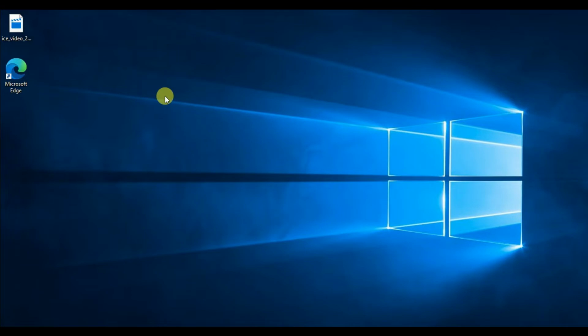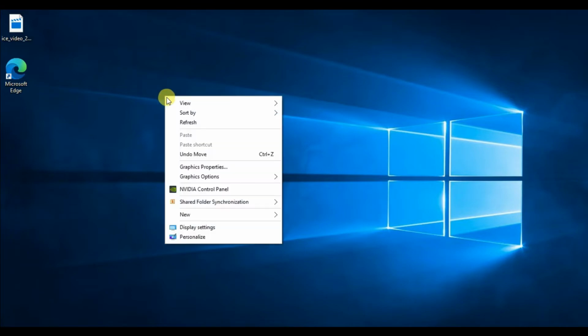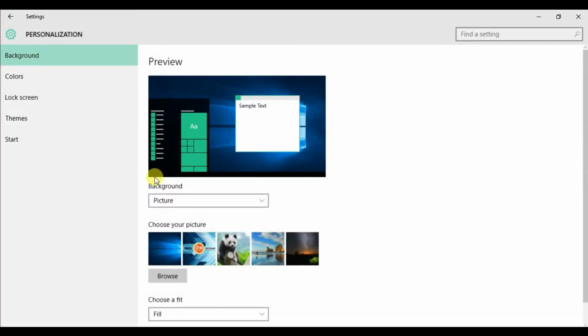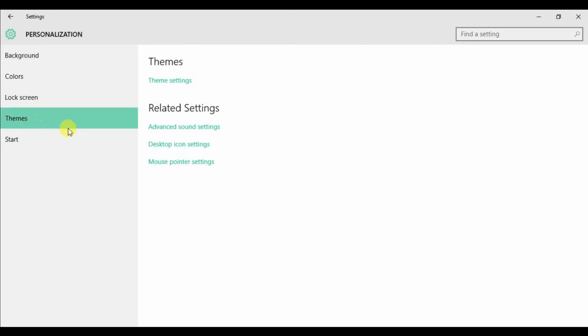So in that case, right click on this and click on personalize. And from here click on themes, and here you can see there is a desktop icon settings. Click on the desktop icon settings,